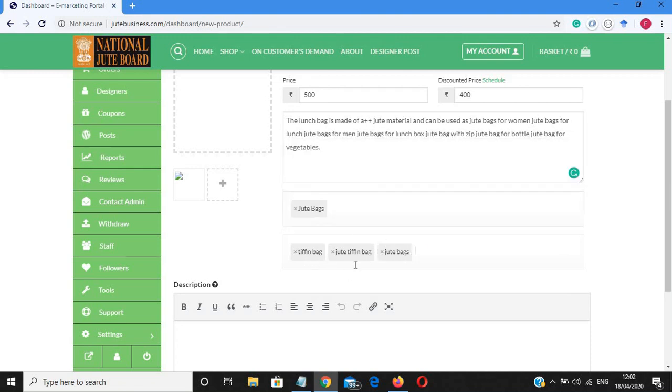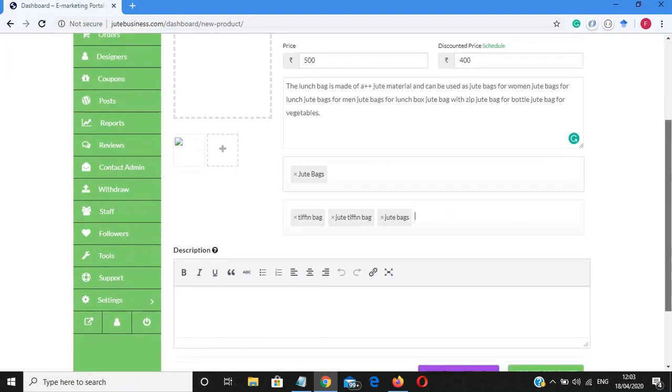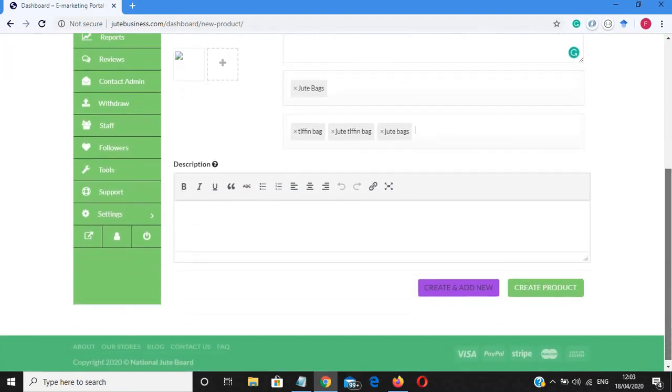We can add various types of tags here that will help the customer find our product easily.